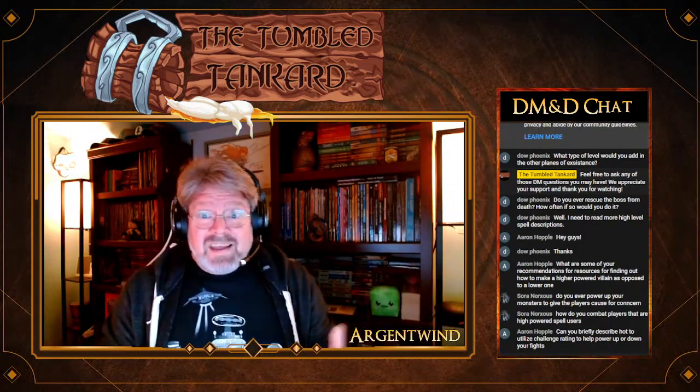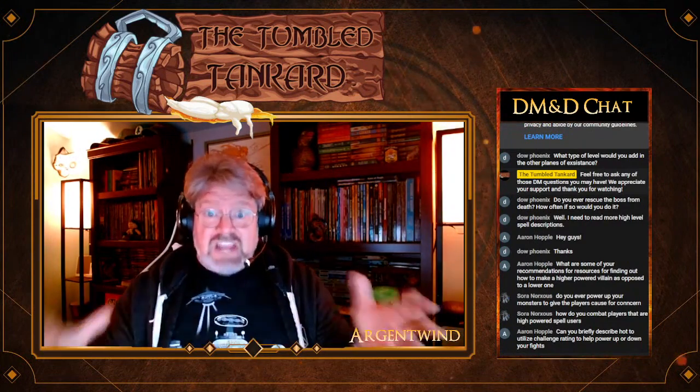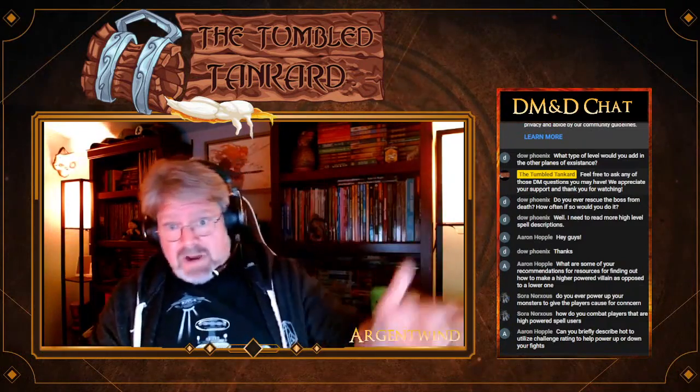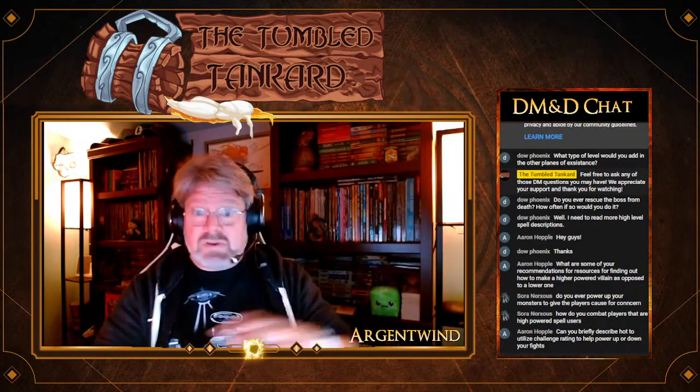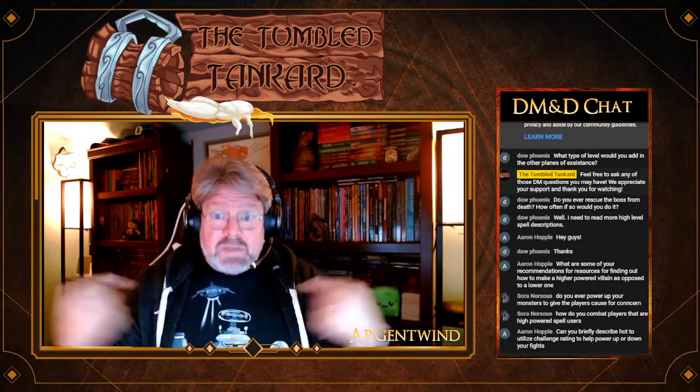Having a bad guy that has the Mage Slayer feat, you have disadvantage on all your concentration checks. So suddenly that becomes an issue of, that guy's a problem, take him out. Those high powered spell users may be tough to deal with, but they also can become targets. So keep that in mind too, to challenge those spell users. They can be vulnerable. And what they're doing is often very noticeable and can change the course of a battlefield. If I'm dropping fireballs, if I'm paralyzing people, if I'm doing crowd control stuff here, you become the target.